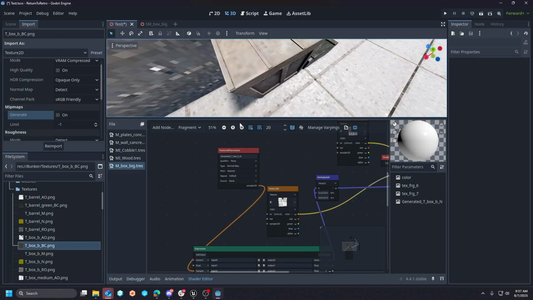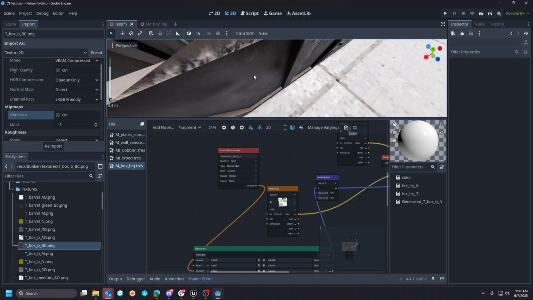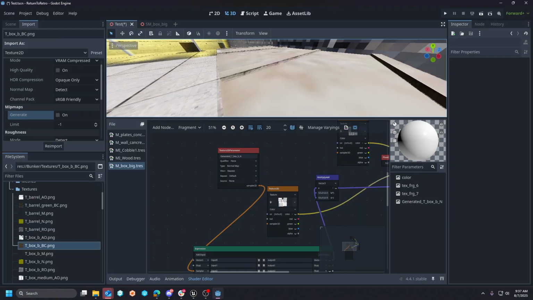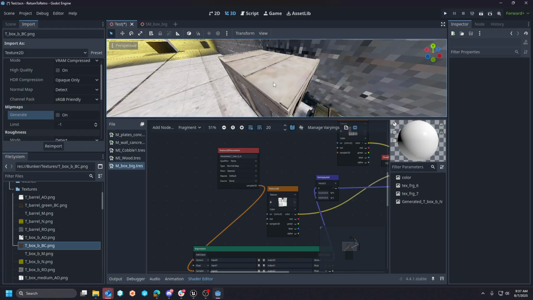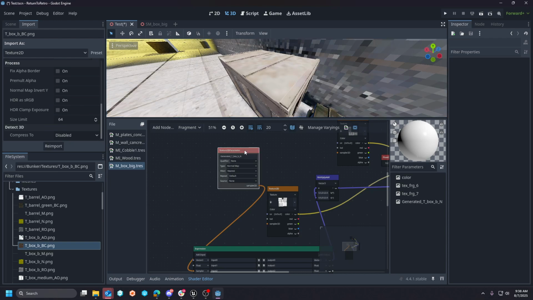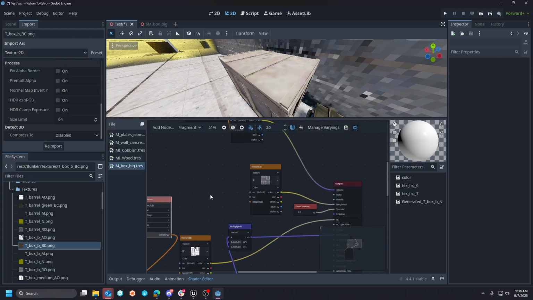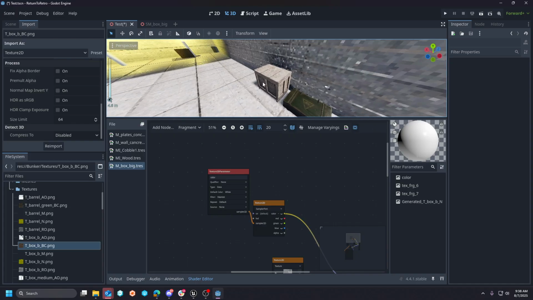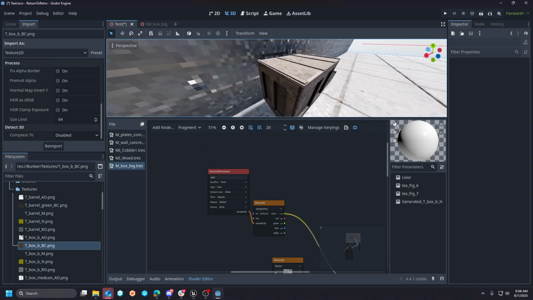And that should have corrected the actual box itself. Oh, I changed the wrong thing. I changed the normal map, which we still need to do on the normal. So now this should be nearest. There we go. Yeah, so now we're approaching the